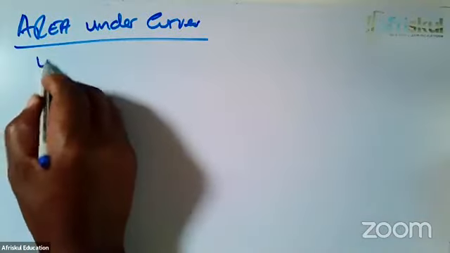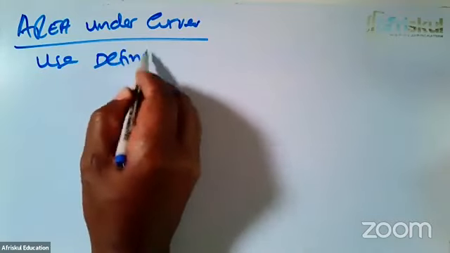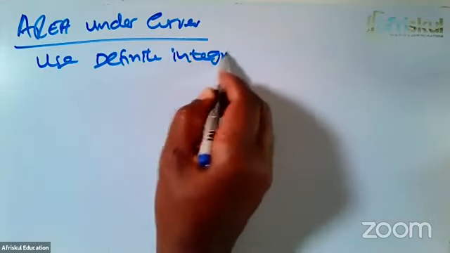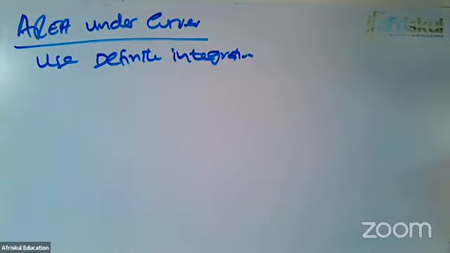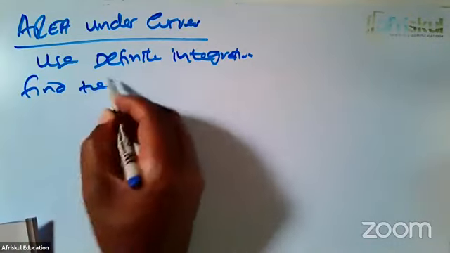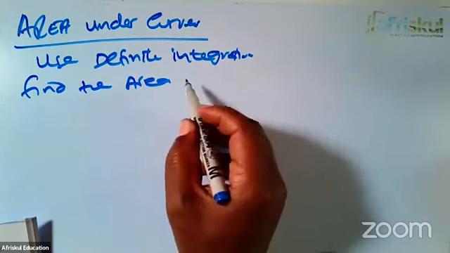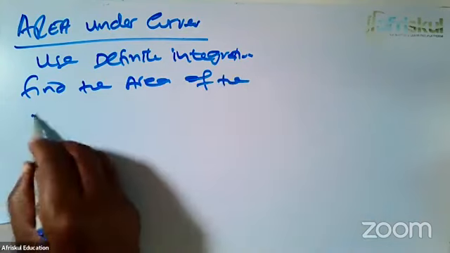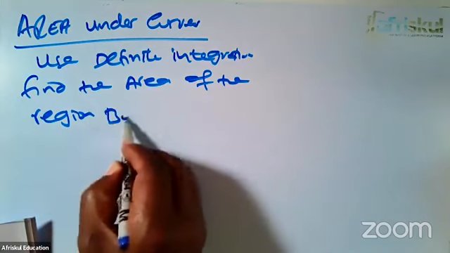So the next thing there will be the area under curves. Area under curves, we basically use the definite integration approach. So for instance, ladies and gentlemen, you'll be told here to find the area of the region bounded by